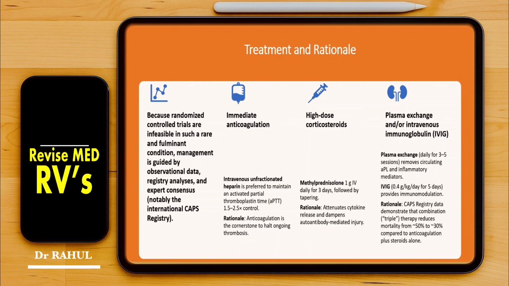Coming to plasma exchange with or without usage of IVIG, plasma exchange daily for 3 to 5 sessions removes the circulating antiphospholipid antibodies as well as the inflammatory mediators, and use of IVIG 0.4 gram per kg per day for 5 days provides immunomodulation. The rationale for using triple therapy is based on the CAPS registry data, which demonstrate that